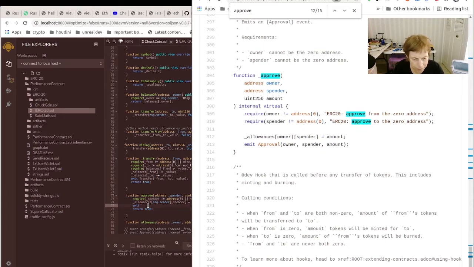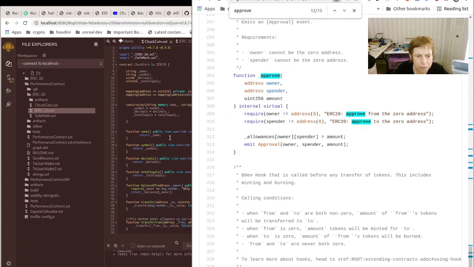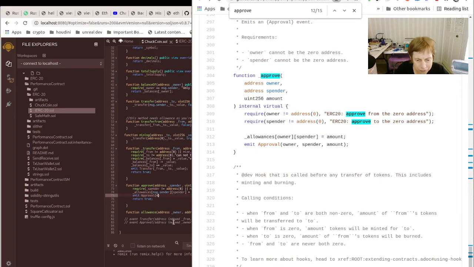Emit, let's see. And that would be, I believe, let's go up here and look at our, oh wait, it's down to find down here. So the owner and the sender and